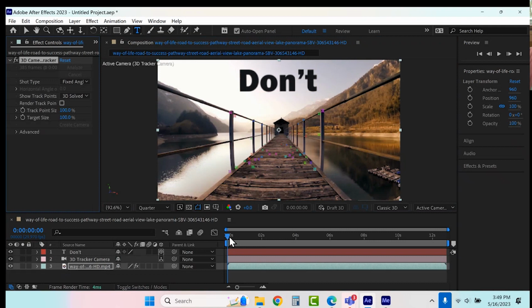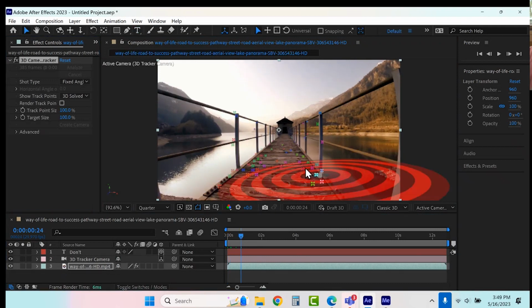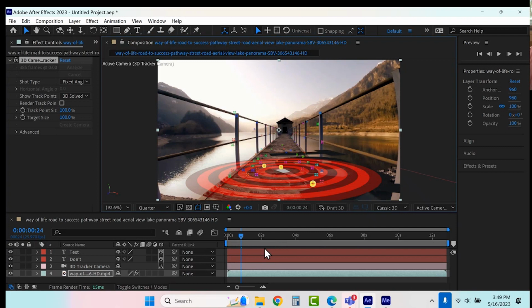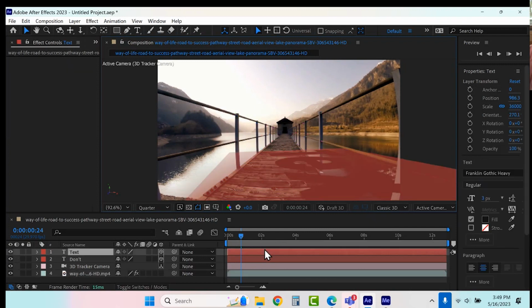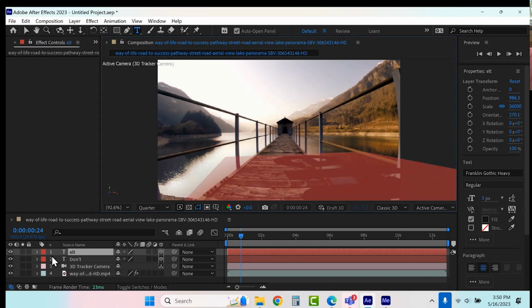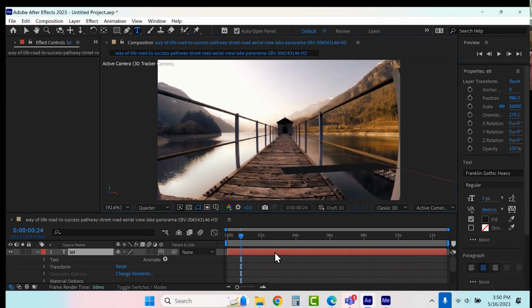Select this, find a little zone here, right click, create text. Got to do the same process, right?